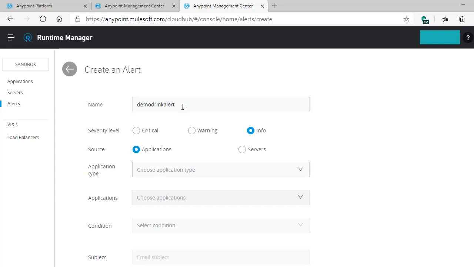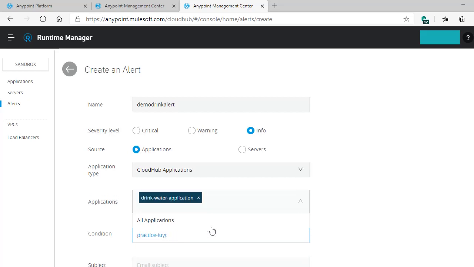Here I have given demo drink alert as my alert name, and you need to select the severity level. As I selected severity level info in my application, I need to select the same here, and the source is application. You need to select the application type. Some applications are hybrid applications, some are CloudHub applications. For now my application is a CloudHub application, so I have selected this, and it will show you what different applications you have deployed in your environment. My application is the drink water application, so I have selected this,